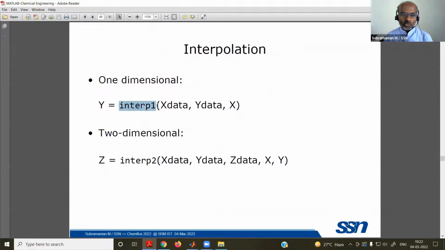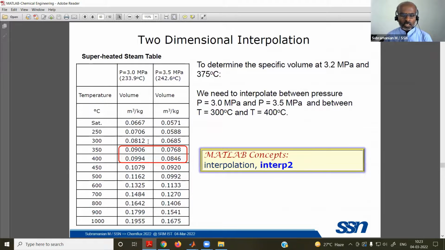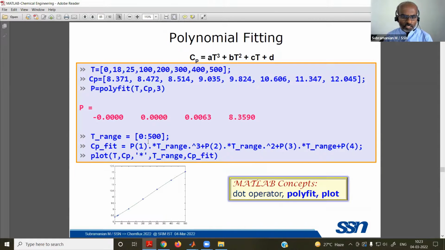And interpolation you can easily do using the interp1, interp2 built-in functions. The x data, y data you have to give as an array, and for what value of x you need to get the y. So those are all nice examples available here that you can try. And I quickly go to curve fitting and all, you can try yourself.